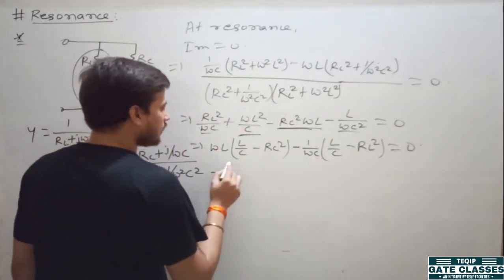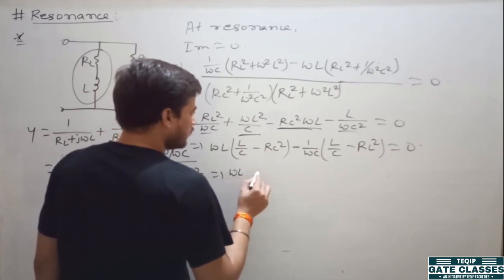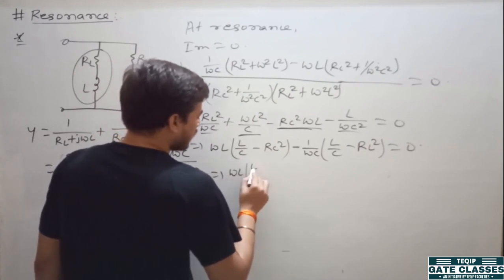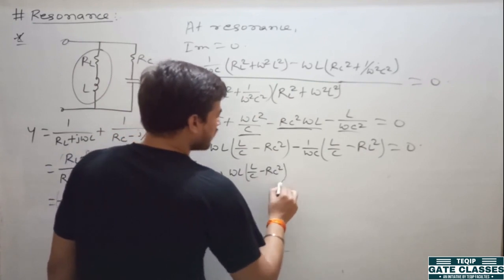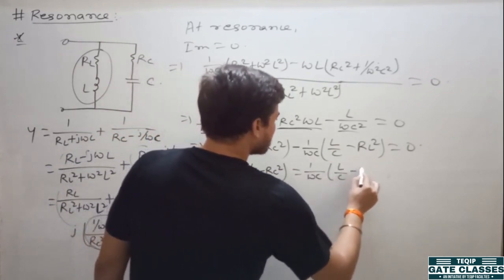Clear? So from here you get omega L into (L by C minus R_C squared) equal to 1 upon omega C into (L by C